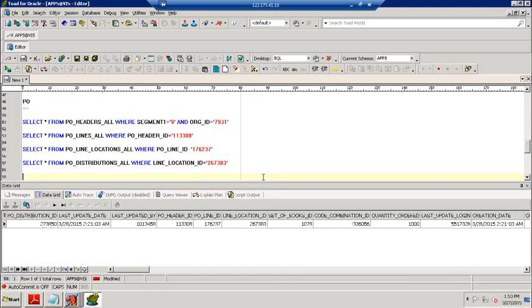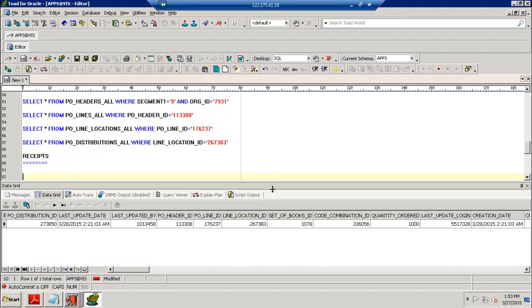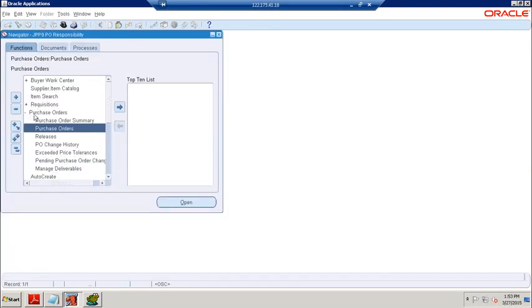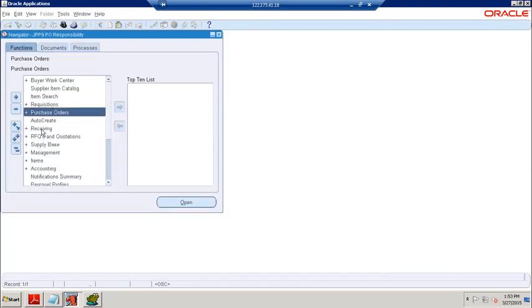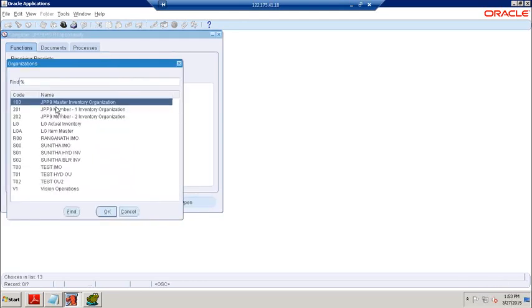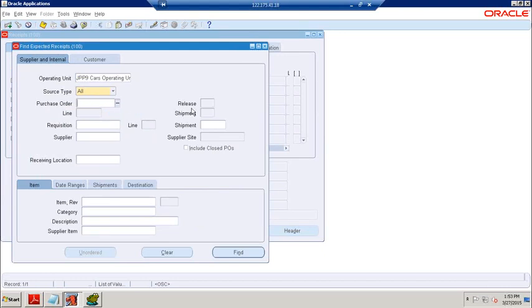Once the PO is sent to the supplier, the supplier responds to our PO and sends the items to our inventory. Now we are going to create the receipts. So here go to receiving and receipts. We choose the master inventory organization and give the PO number.